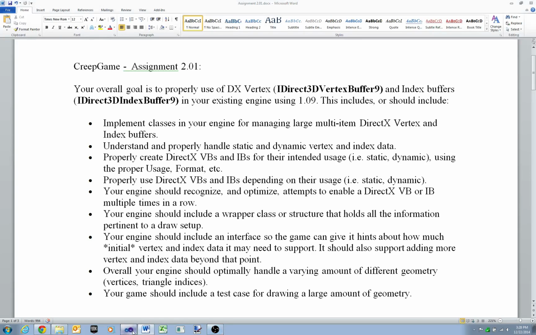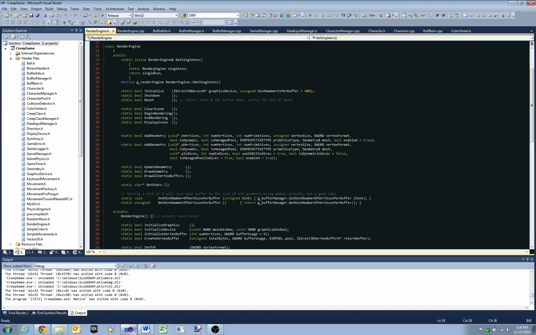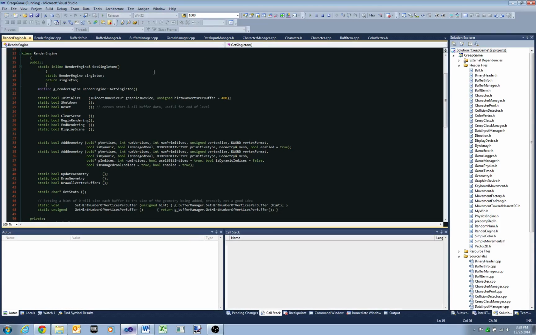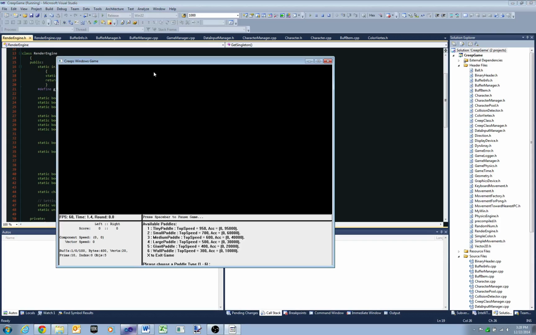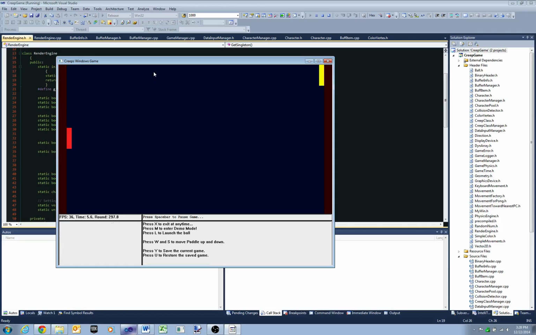Let's go to the solution here, press F5 to run it. So here's a Pong game, just like last semester. I'll start a medium paddle. The AI paddle is on the left-hand side, which tries to mimic how a human player might play. On the right-hand side is my paddle, which I move with the W and S keys, but I'm going to